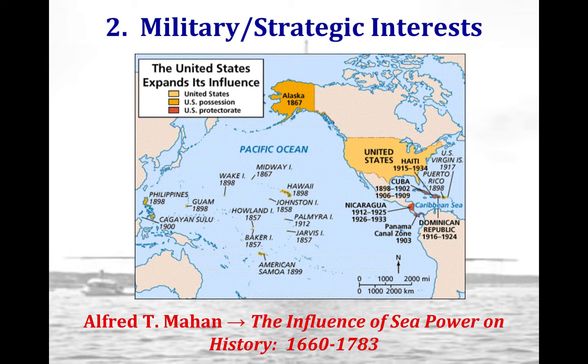Okay, so the second reason why imperialism expands is because there are increasing military and strategic interests in expanding U.S. influence abroad. One of the best examples of an influence over this attitude was a book called The Influence of Sea Power Upon History. This was written by a U.S. Navy captain named Alfred Mahan. This book argues that a strong Navy was crucial to a country's ambitions of securing foreign markets and becoming a world power. The book is really widely read by American citizens, but it's also going to be a source for political leaders in Europe and Japan.